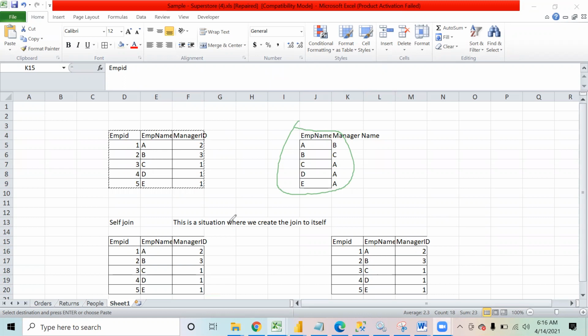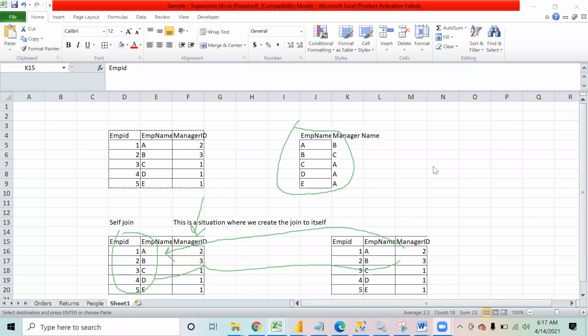Because over here we have IDs and names, and this manager ID has to be matched with this name. 2 means B, 3 means C, and 1 means A. Exactly, because from the same table we are able to generate the output.